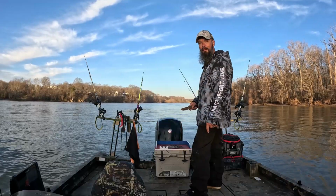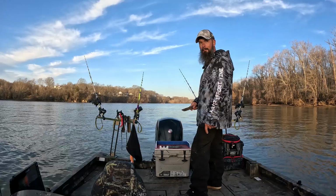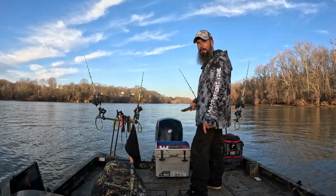I don't know why the trolling motor's acting like that. It's been doing so good. Yeah, I don't know why it's doing that, but